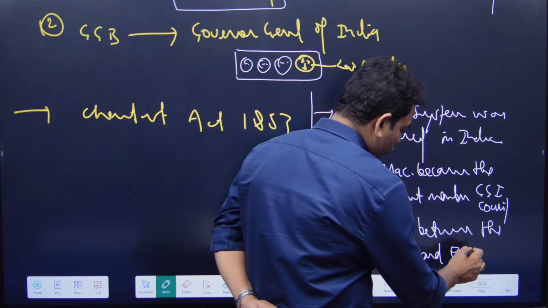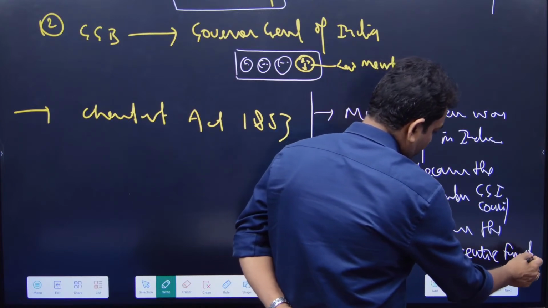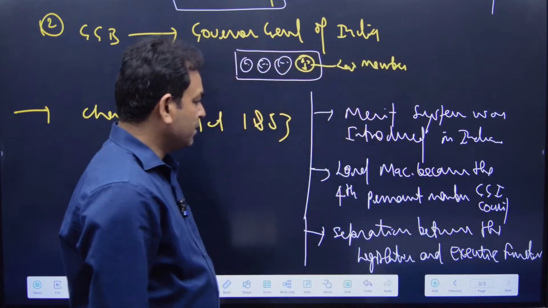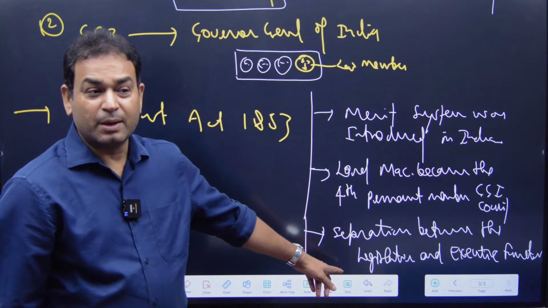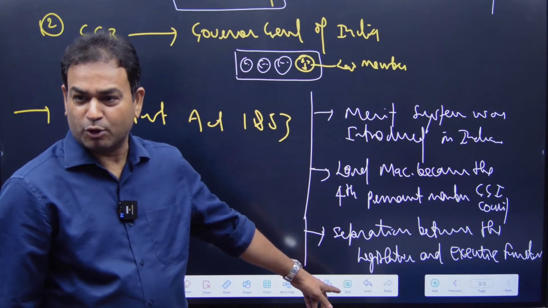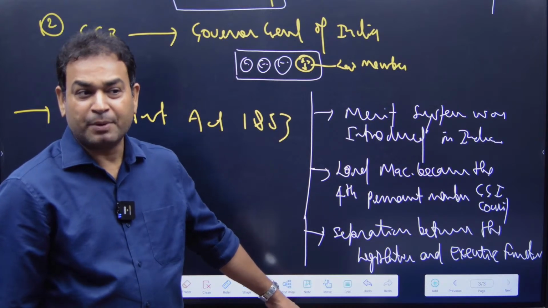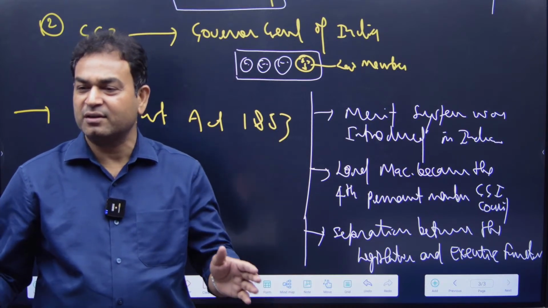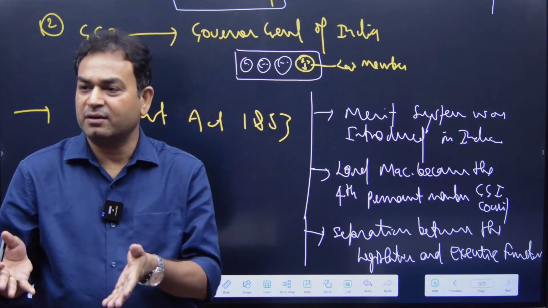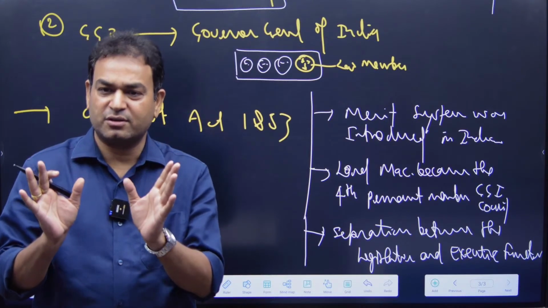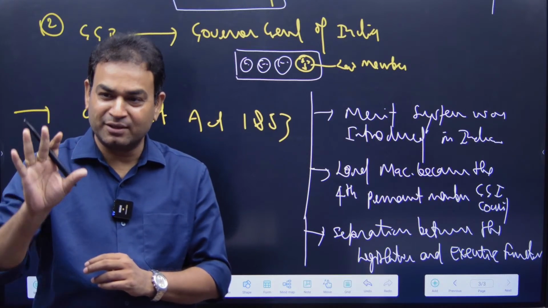And in this way, the concept of separation of power was introduced, and the parliamentary system of government came into phase. It was an initial phase, but we can see the jhalak of Indian Parliament